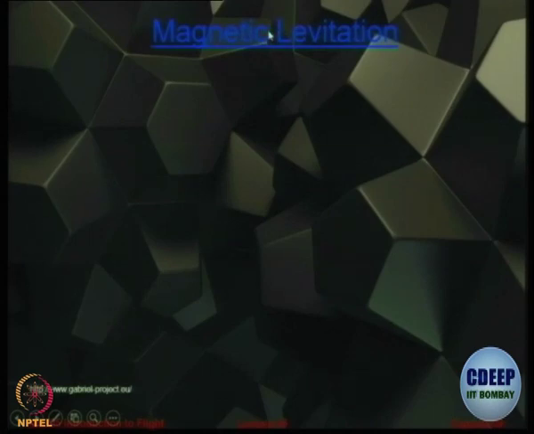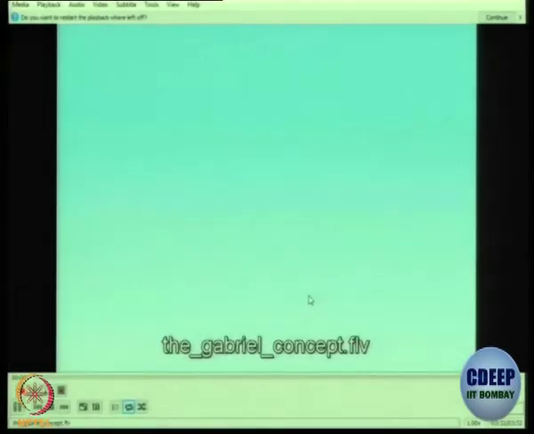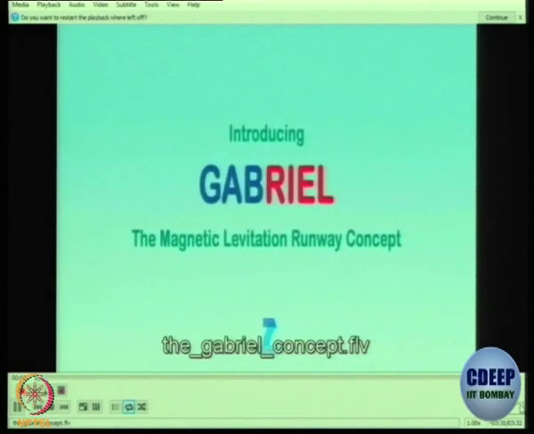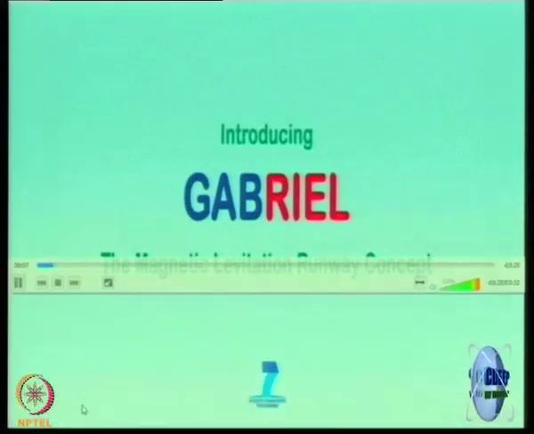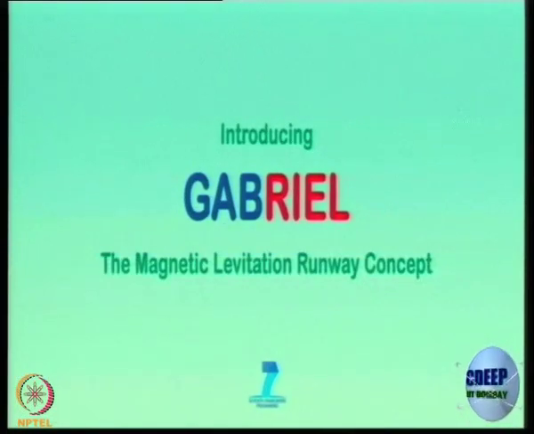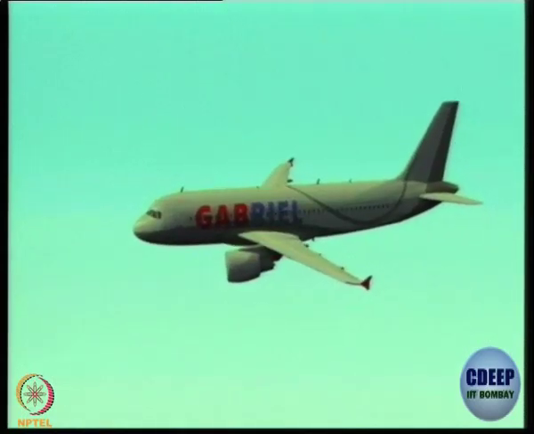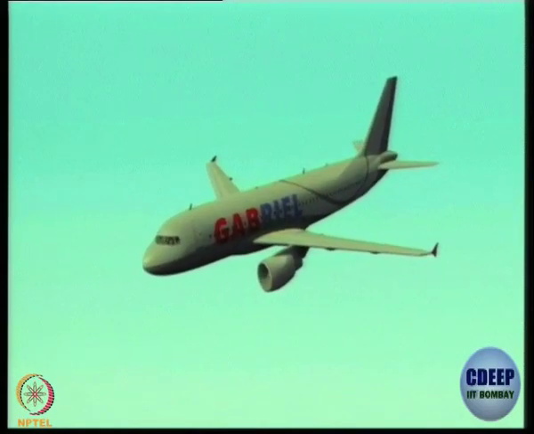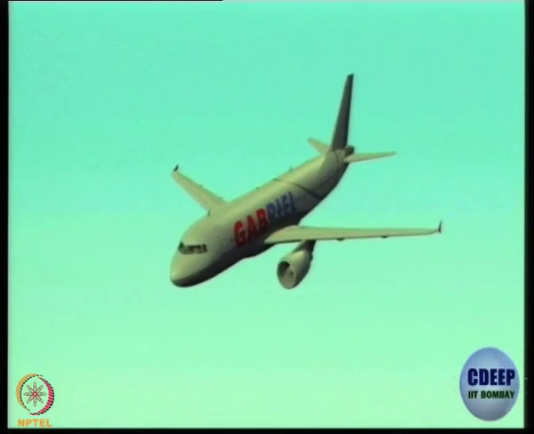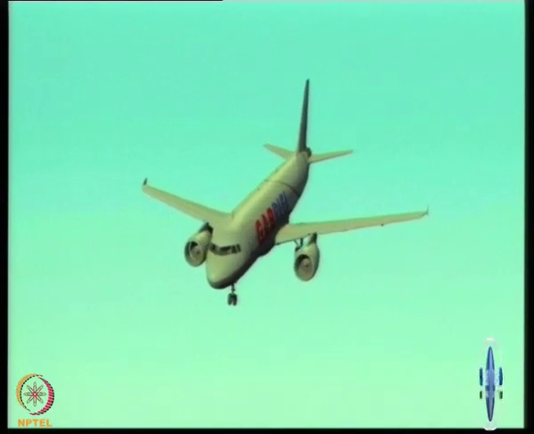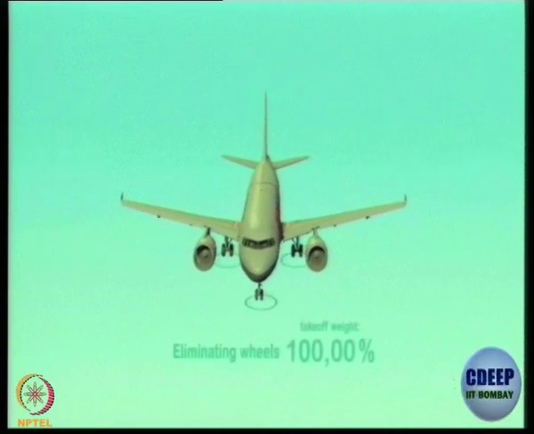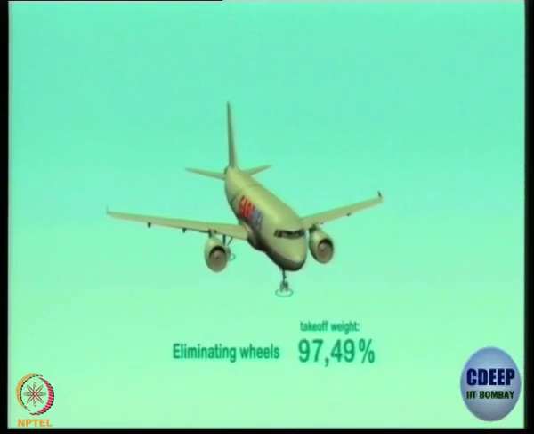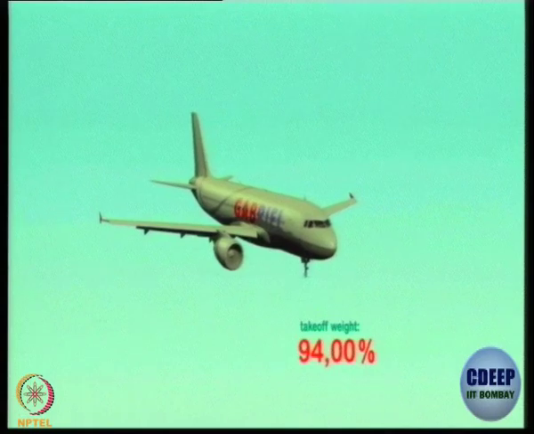Now let's look at what is in store in the future for landing. This is a European research project to improve aircraft efficiency by elimination of the landing gear. No landing gear. Efficiency is all about optimization, and it's not that easy anymore. In pursuit of the best economic performance, much has already been done before. More progressive weight reduction is a clear way forward. For instance, a fair amount of weight could be saved by removing the landing gear from the aircraft. Wheels may be useless while airborne, but need to be substituted on the ground.